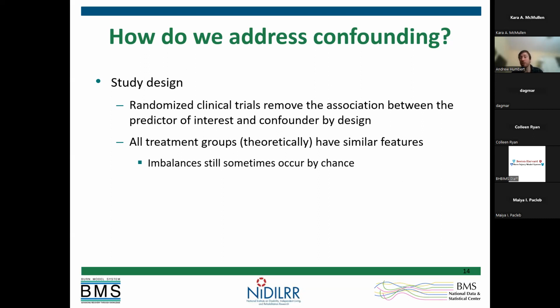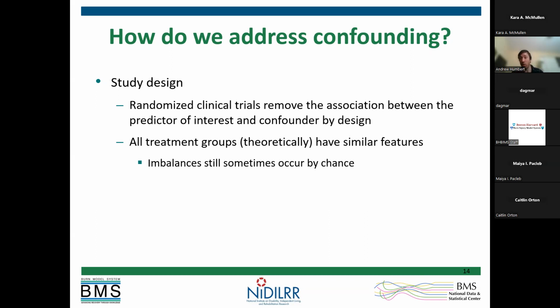And that's essentially what we're trying to do in clinical trials. Through study design, we can set up a study such that we're eliminating the possibility of confounding. Randomized clinical trials are the classic gold standard for what that looks like. Essentially, by randomizing individuals to treatment or control, there's no way that other variables like age or sex can be related to treatment, because treatment is just randomly assigned. We should have the same characteristics in our treatment group as in the control group, because we're randomly assigning individuals, not allowing them to choose for themselves and let that influence what they get.